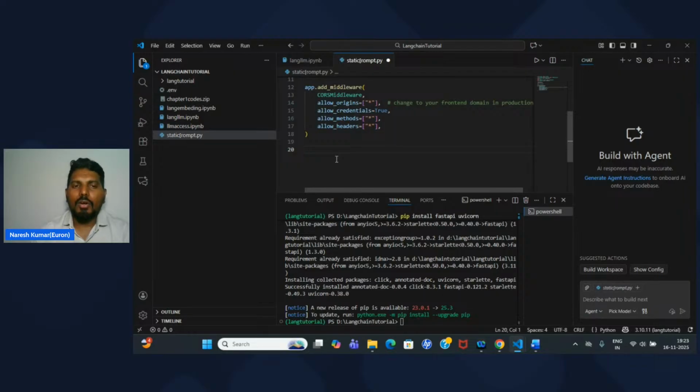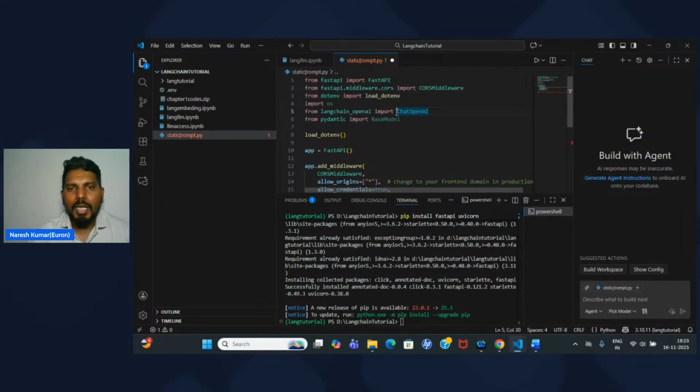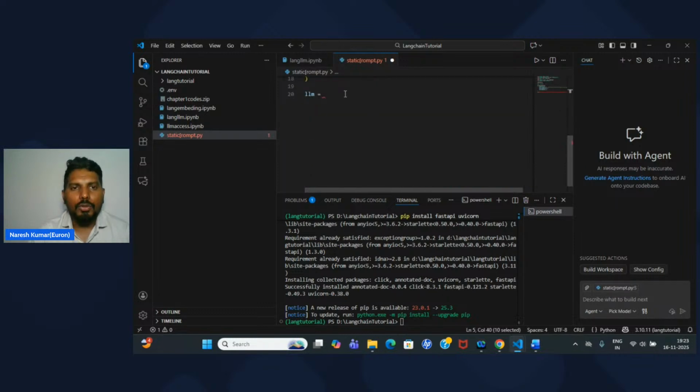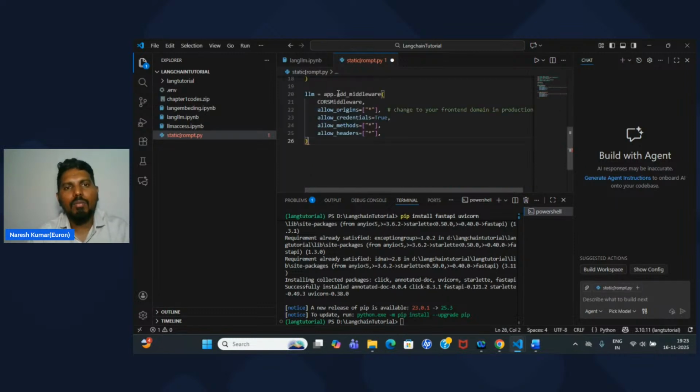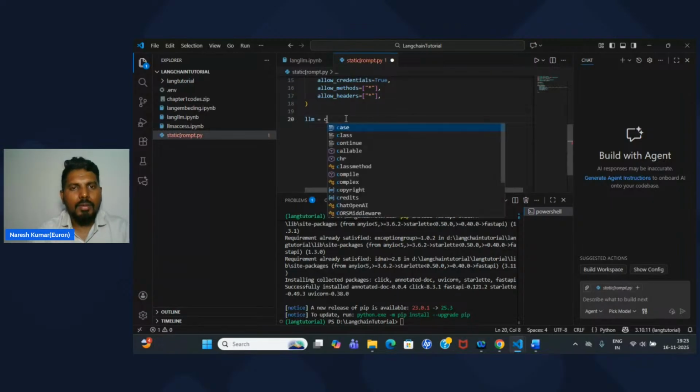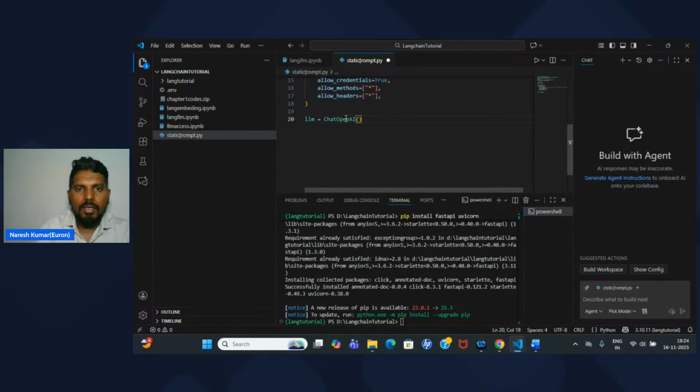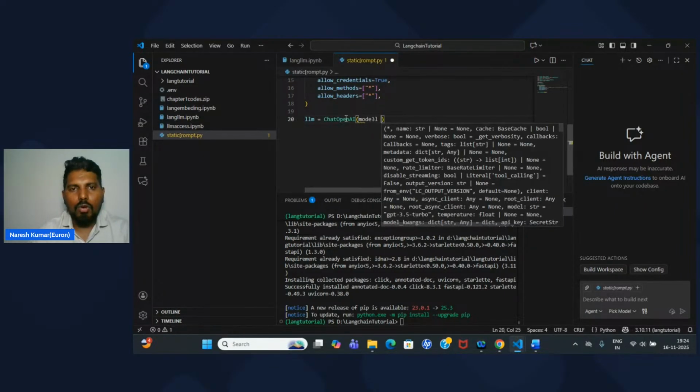Once this is done, we have to create our model, right? So for that, I will quickly create a model. This time I'll call the model variable llm, equals to, which model? ChatOpenAI, which we have already imported. So we have to use the same class for creating the model, correct? So let me create that quickly. Inside ChatOpenAI, we have to pass a model. Model is equals to,